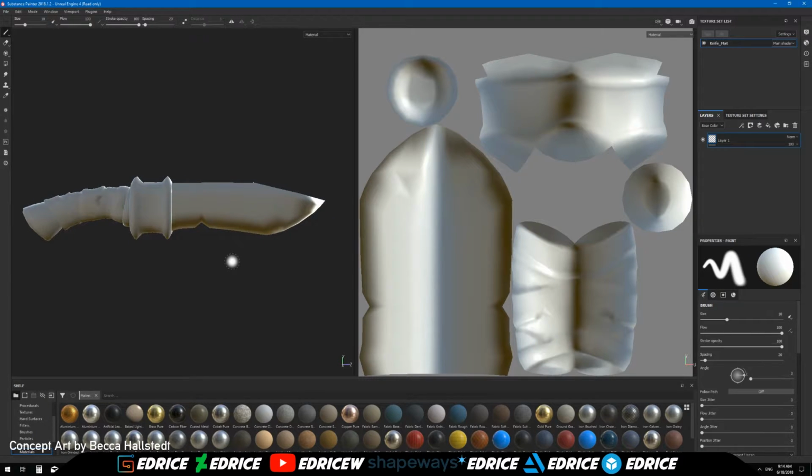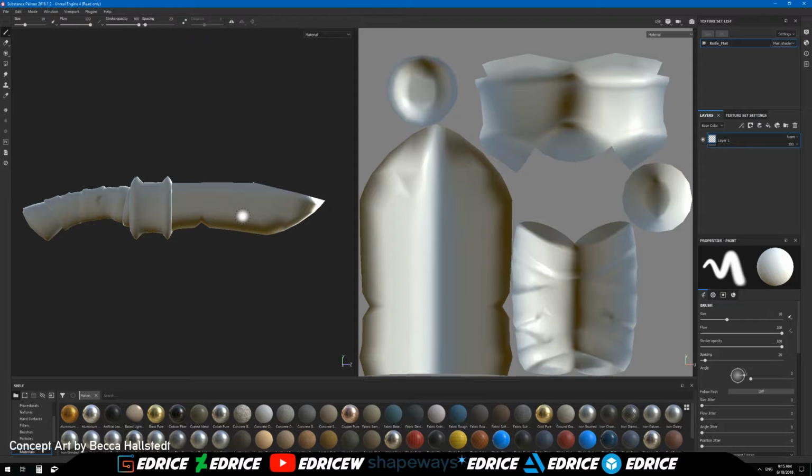So I cheated just a little bit since I went to an external package. I imported the files we exported from Zbrush inside of 3ds Max, and I applied a single material to all the subtools. Because if you were to import the FBX we've made from the previous video, instead of here in the texture set list, where we have this knife material, we would have a material per subtool. So you would have, think of it as, a set of textures for each part of our knife,